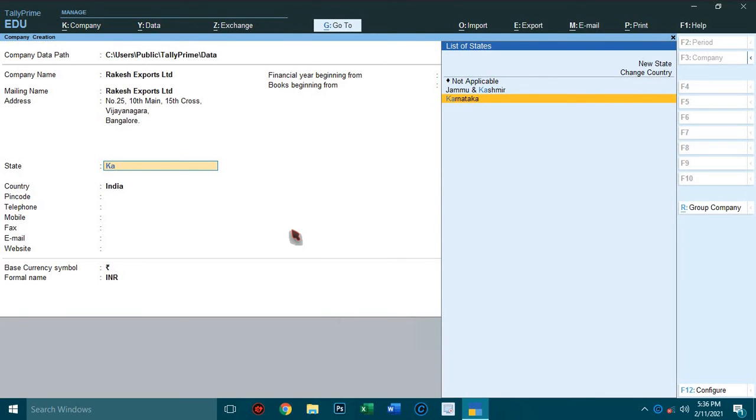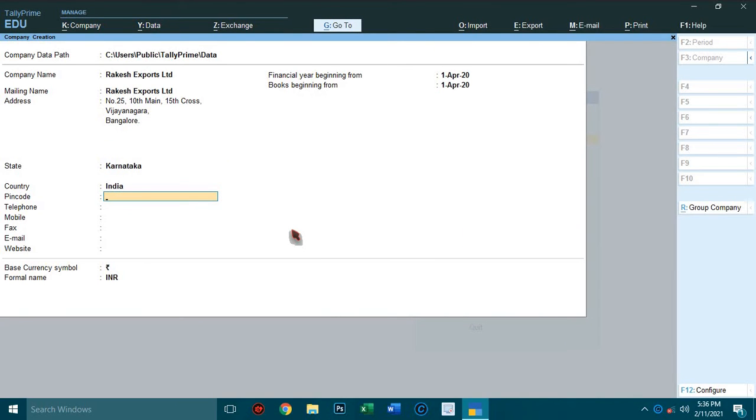Select state, type pin code, type landline telephone number including STD code, type mobile number, type fax number (if it is not there, skip it), type email address, press enter.